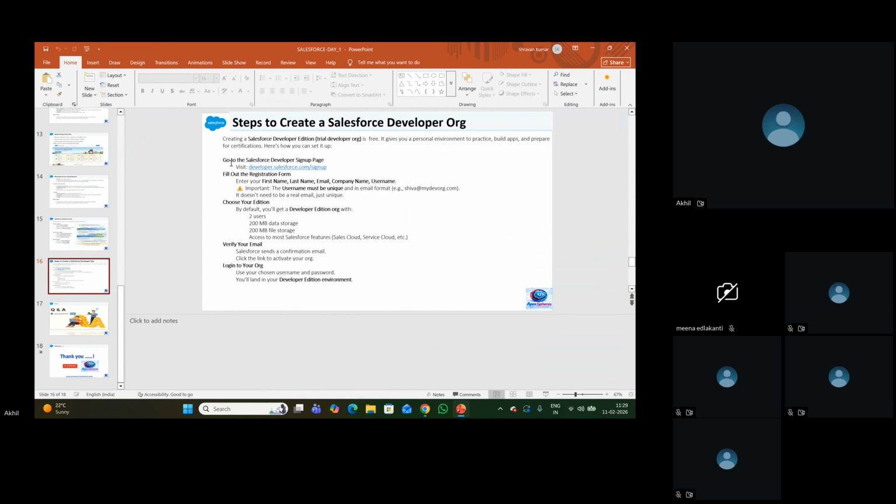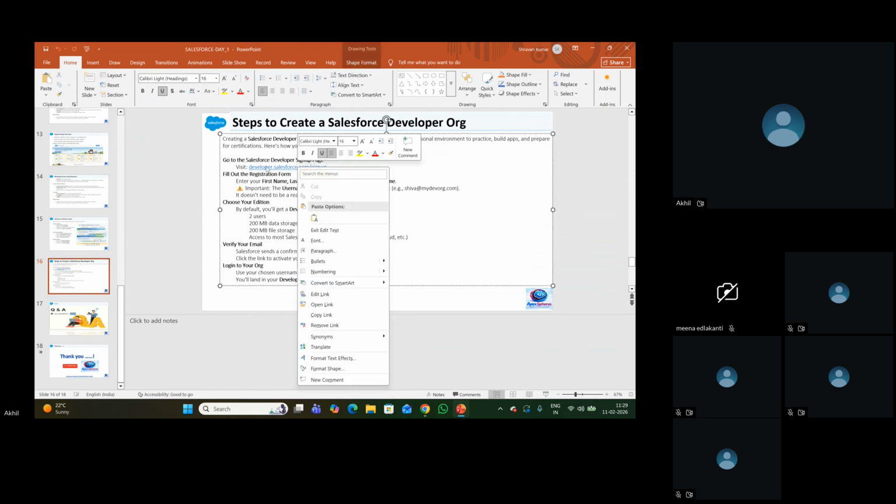For this, we need to use this URL, and we need to enter the basic details. Whatever we do for creating a Gmail account, we can fill in the basic details, choose the edition, verify the mail, and create the developer org.